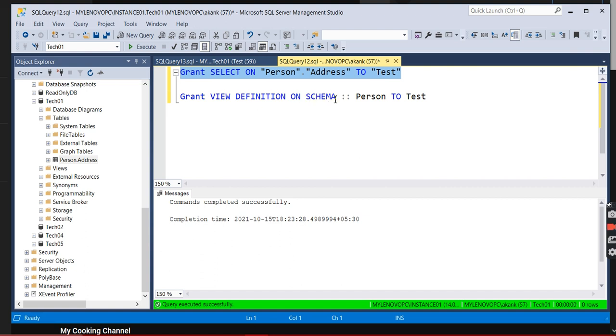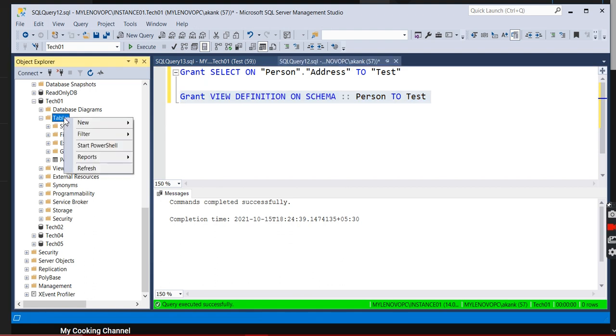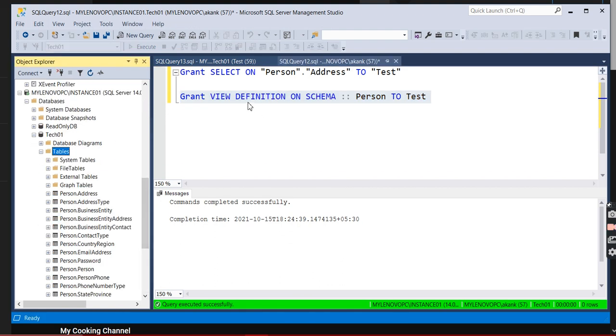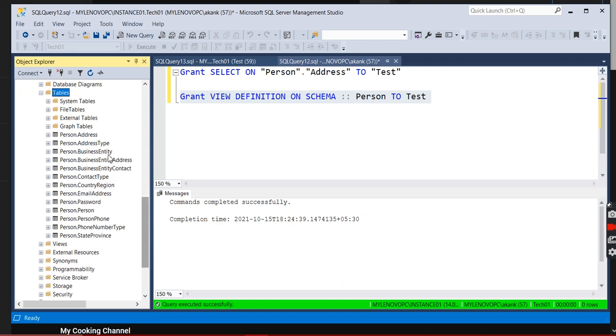In this command you need to put your schema name, and on this schema you give the grant view definition, so that they have complete access to view the schema. If you execute this one, now what will happen? If you refresh the tables here, they now have access to view the schema Person. So you can see all the tables which are in the schema Person.